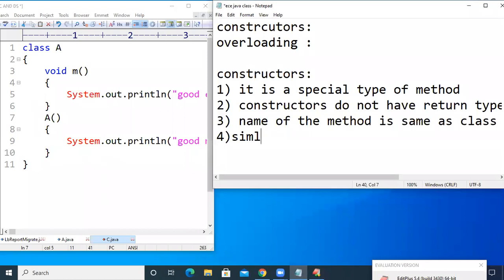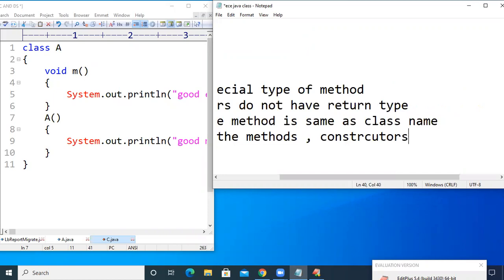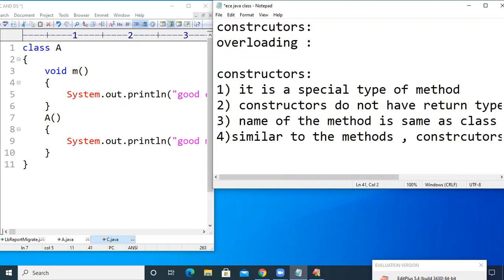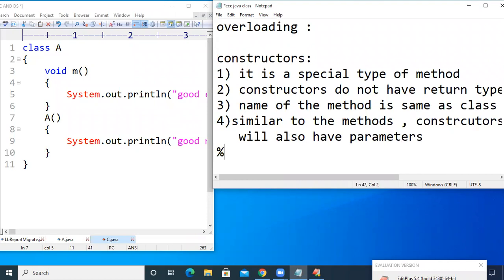Similar to the methods, constructors will also have parameters.